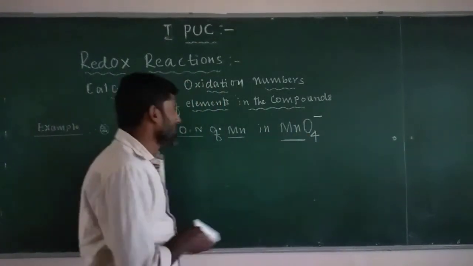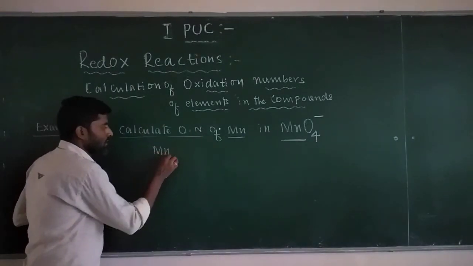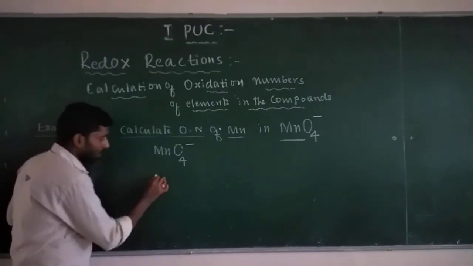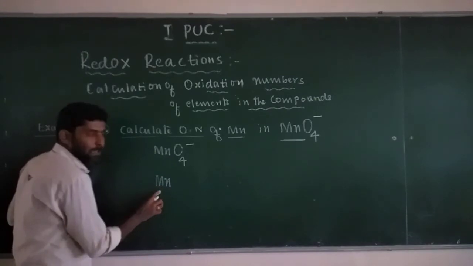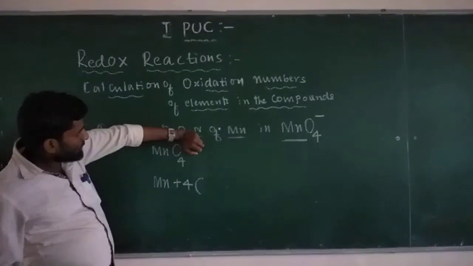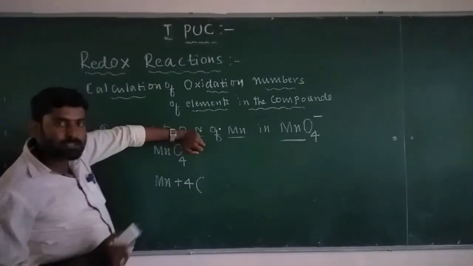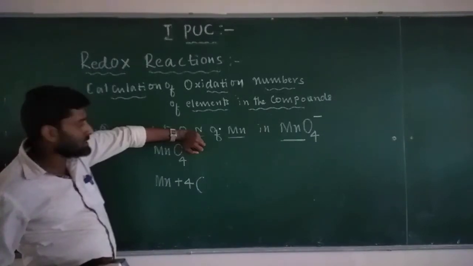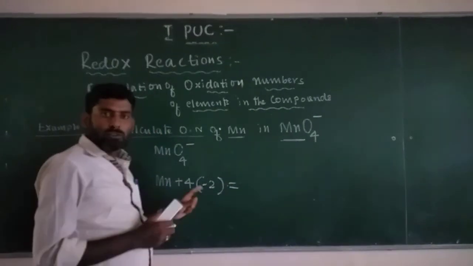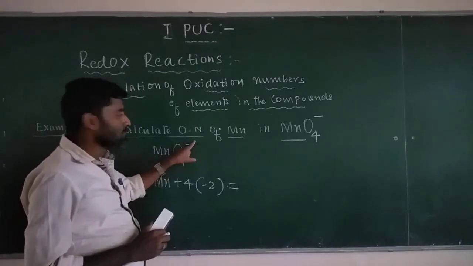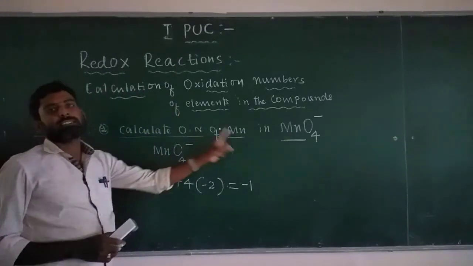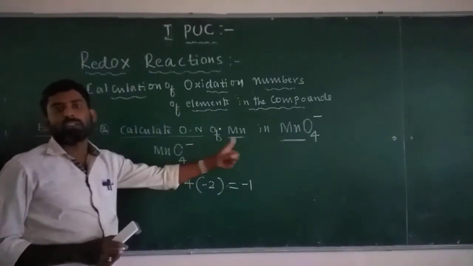This kind of question can be asked. Then what to do: the given ion is MnO4 minus. Mn is not known, so calculate, keep as it is. Manganese Mn plus 4 oxygen atoms we have. 4 into the oxidation number in the compound, -2, which will be equal to, now not 0, we should not write equal to 0, because the ion is charged, this -1 is there, so equal to -1. Whatever the charge is, equate to that. Positive or negative; if there is none, then equal to 0.